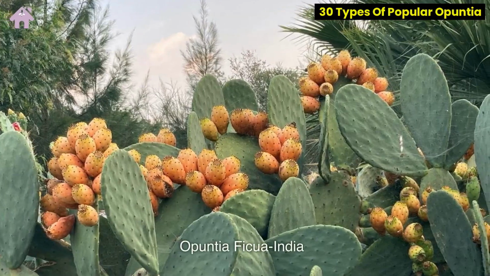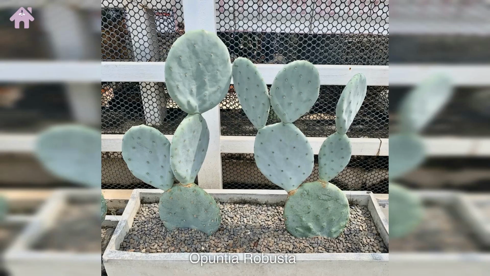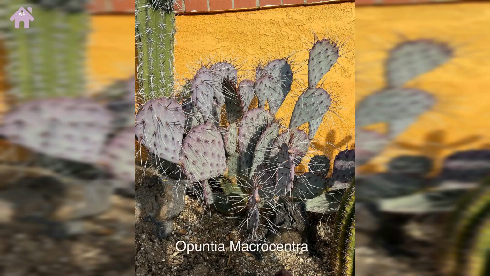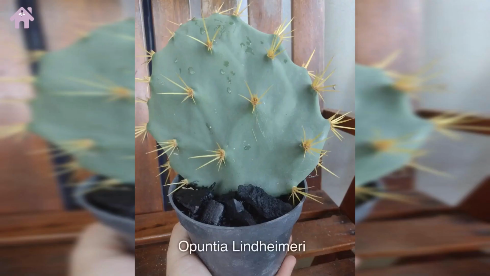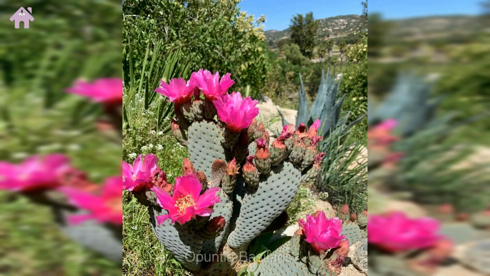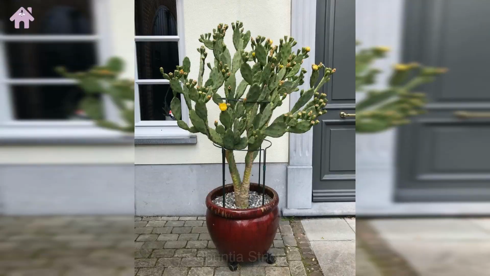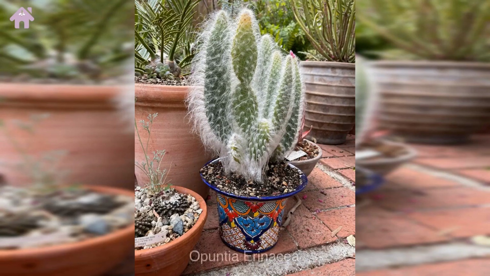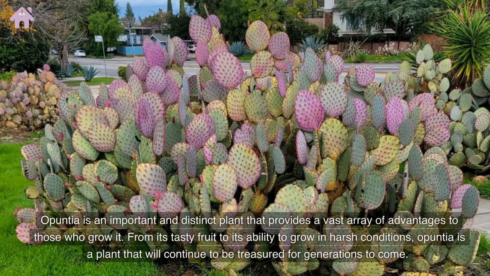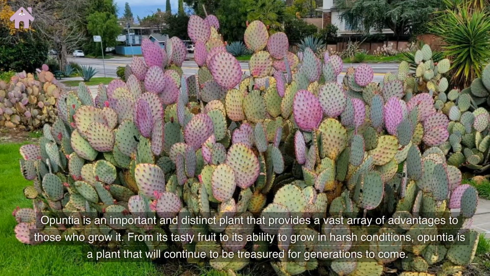Opuntia ficus-indica. Opuntia robusta. Opuntia engelmannii. Opuntia macrocentra. Opuntia lindheimeri. Opuntia phaeacantha. Opuntia aurea. Opuntia basilaris. Opuntia stricta. Opuntia arenaria. Opuntia is an important and distinct plant that provides a vast array of advantages to those